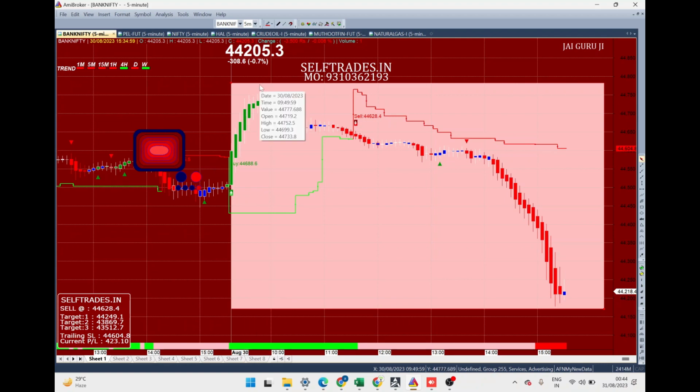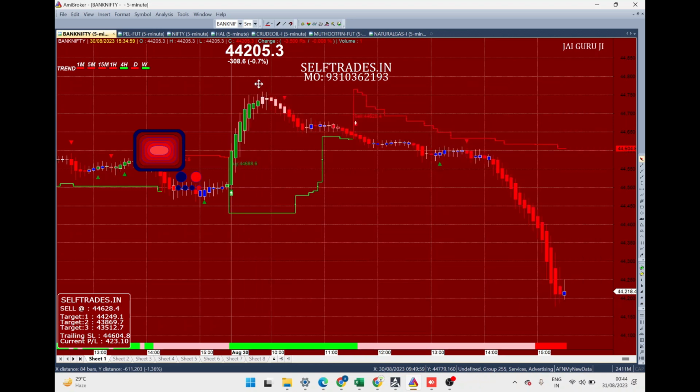So the first and foremost thing, any trader who wants to trade in Nifty, Bank Nifty or any stocks wants to have an idea where the market is heading, whether the market is in buy phase or sell phase. So what we have done, if you open our chart, you will see a line. Can you see this line which I am highlighting? This is a green color line.